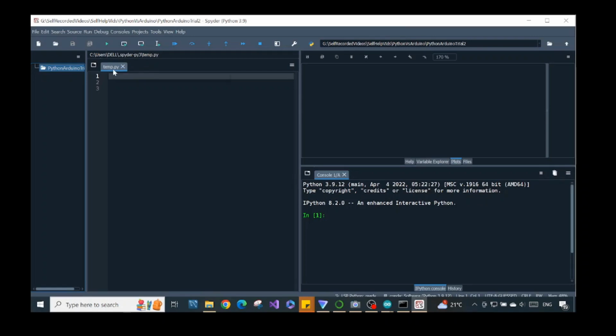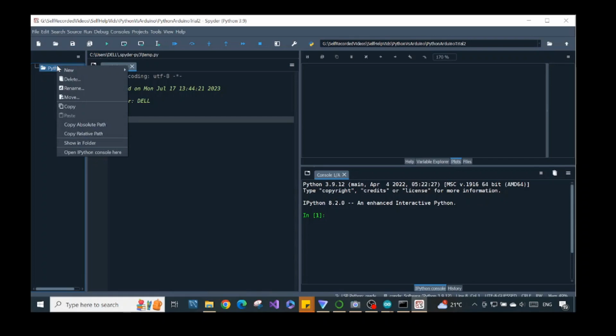This file temp.py doesn't belong to our project. You can see in the directory here, it doesn't belong to our project. We can close it, but it would not disappear. This is like a default function of Spyder. Doesn't matter, we just need to click into our created project and we right click, we choose new, we choose file,